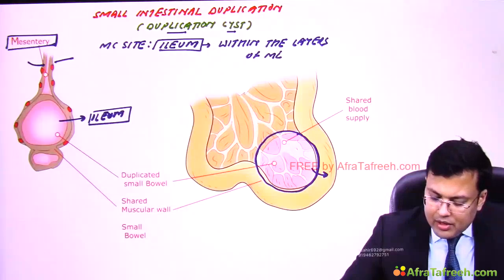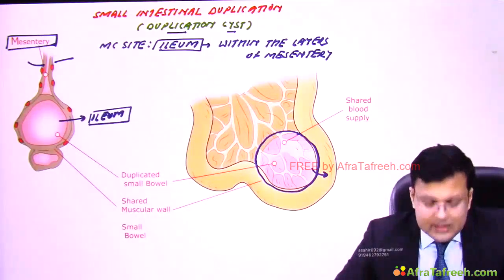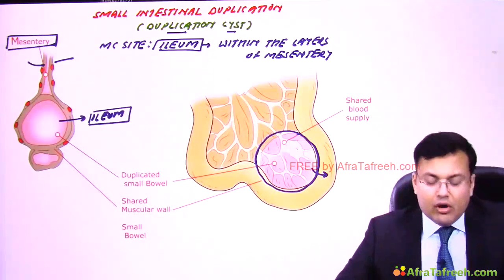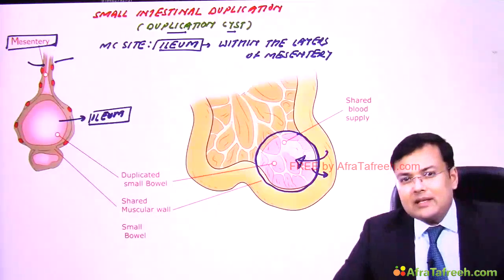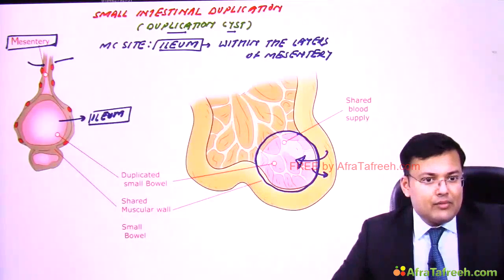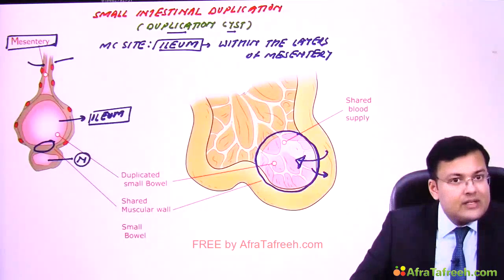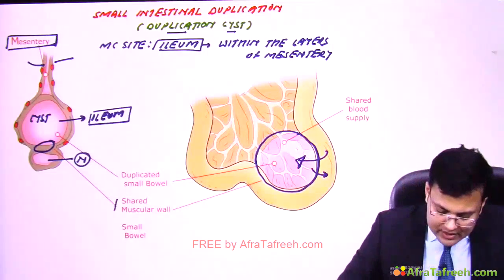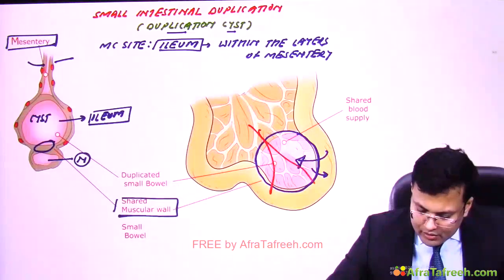Okay, now important points related to small intestinal duplication. Duplication means there are two lumen or duplication cyst. See, these cysts are having, or this duplication is having all the three layers. So first, in the wall there are all the three layers, and can you see it is located over which aspect? So it is present over the mesenteric aspect. Another important point here, you can notice that this is the wall, this is the normal lumen, means this is a GIT, and this is the lumen of cyst. So can you see what is shared? You can notice that there is shared wall. And if you see the vascular supply, what? Even the vascular supply is also shared.